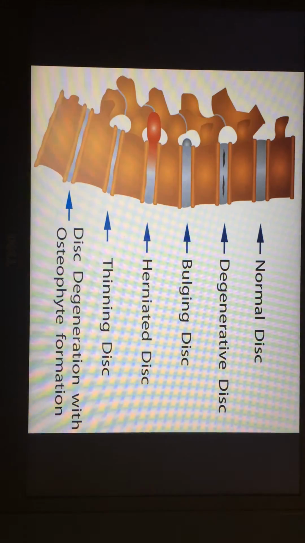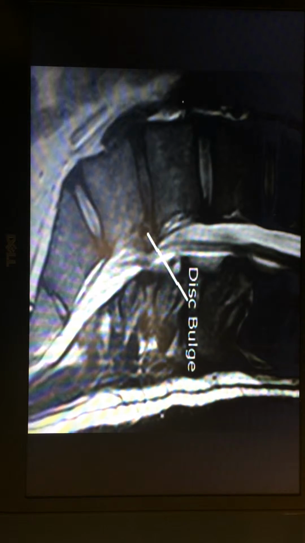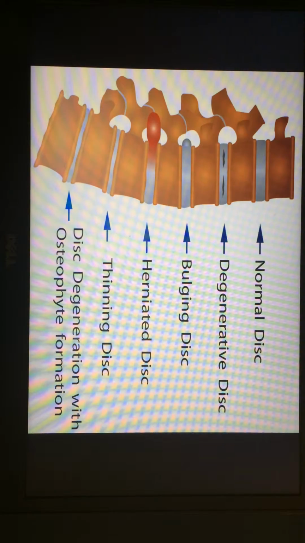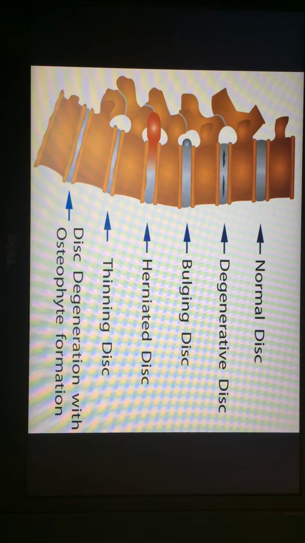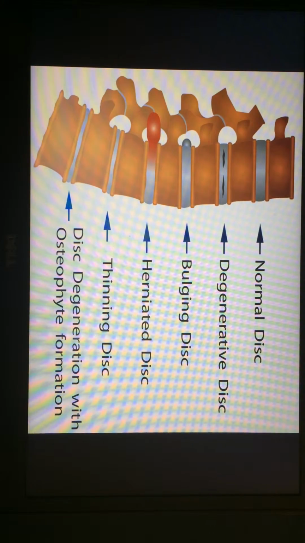The normal disc of the spine maintains the normal intervertebral spacing. A degenerative disc is the normal aging process. A disc bulge pushes into the spinal nerve space, and a disc herniation occurs when the inner core of the disc leaks out, putting pressure on the spinal nerves. This can cause low back pain and possibly numbness that can radiate to the legs and down to the foot, and commonly is referred to as sciatica.